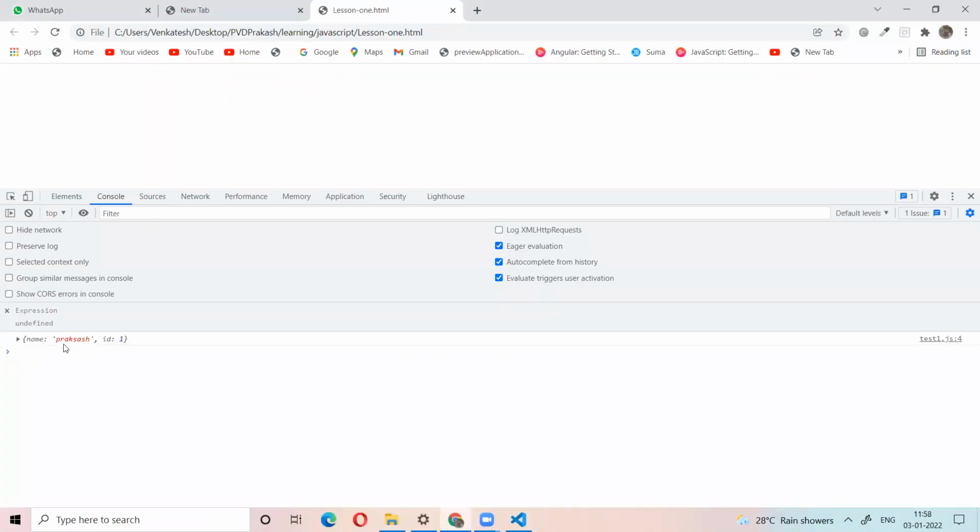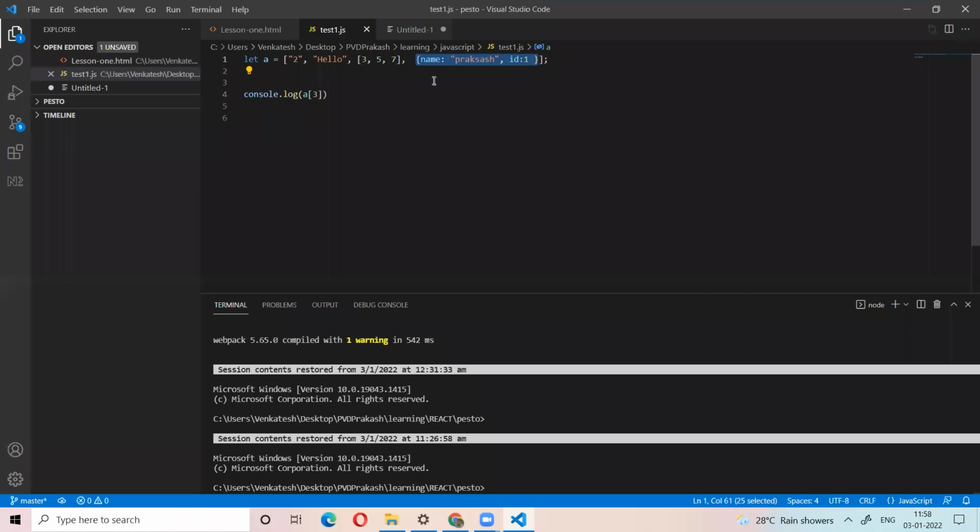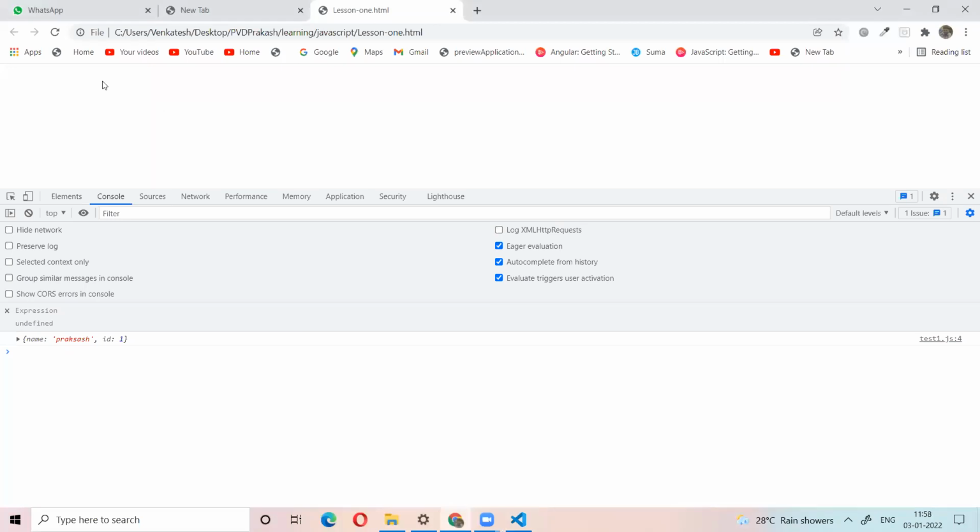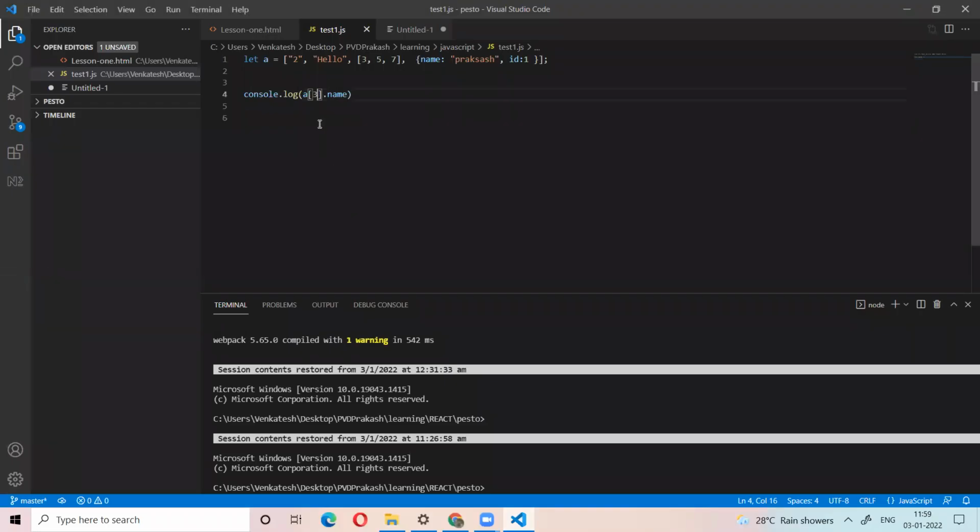So it will return the object with name Prakash and ID. In this object, I want the name, so I use the name. So what is the output now? Prakash. Right? So for example, if I use this, what is the output? 7.